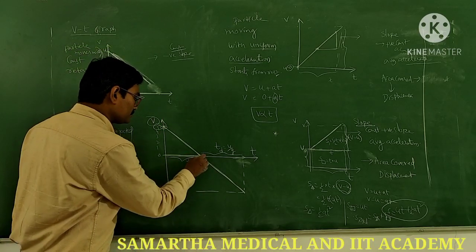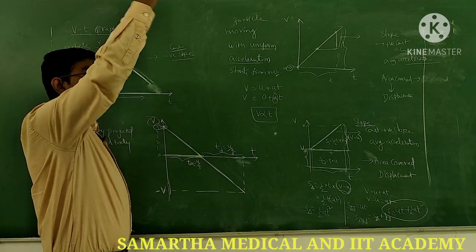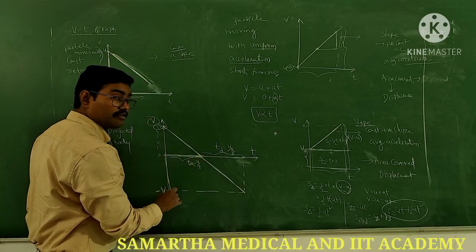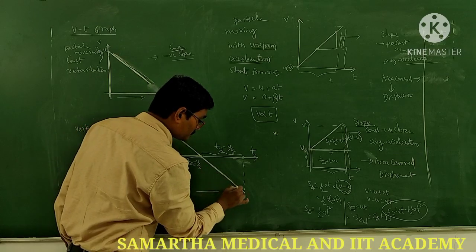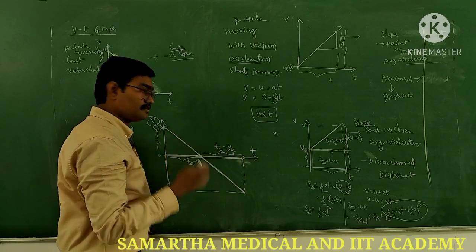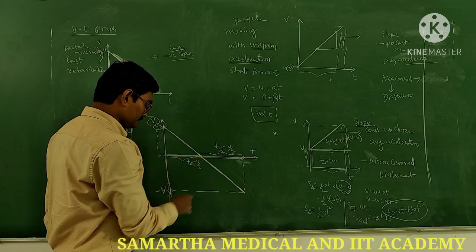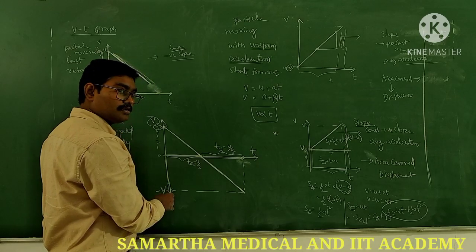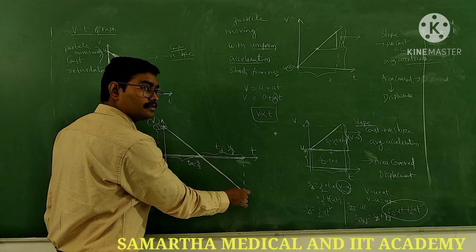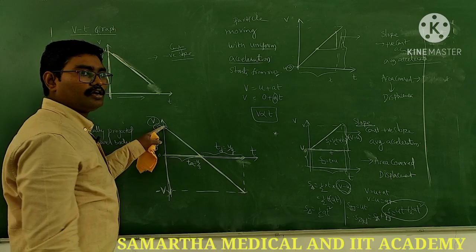Next, what will happen after that? Will it stop at the highest point? No, it again returns back, in the reverse direction with negative velocity. It goes along this direction as time increases. Time cannot be negative. Is minus T the ground? This point is the ground. Yes. Again, this is also the ground.